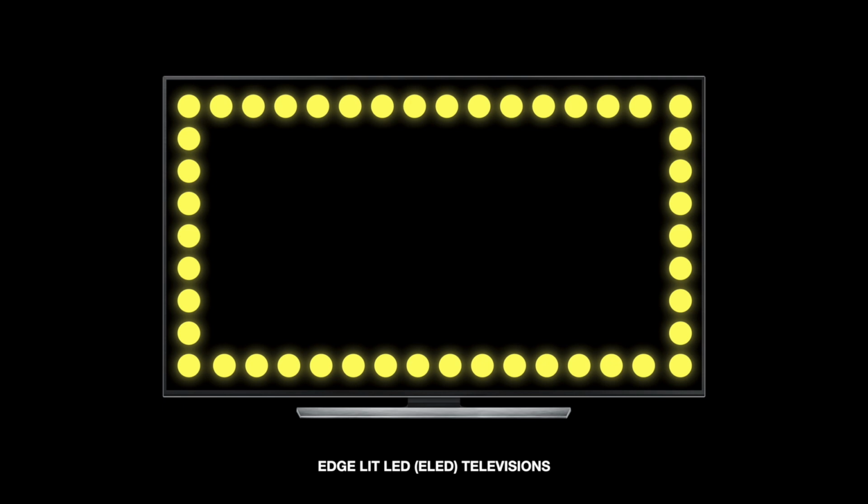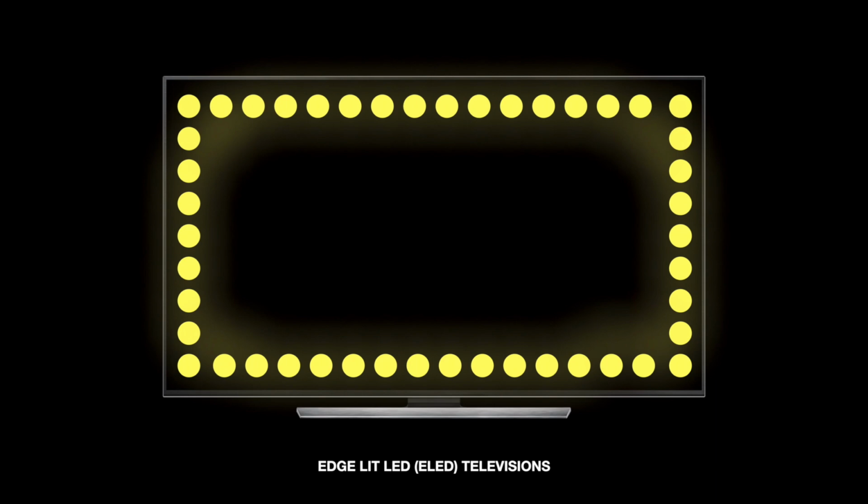In terms of the lighting, they use a diffuser. The light that is placed on the edges gets diffused with the help of a diffuser, and then it is spread across the whole screen. Now, in terms of gray uniformity, you will not be getting the same gray uniformity as a direct LED or a full array television. They will always have comparatively worse gray uniformity. Having said that, there's nothing wrong with the television. If you've still got your edges lit properly, you will be able to enjoy fantastic picture quality